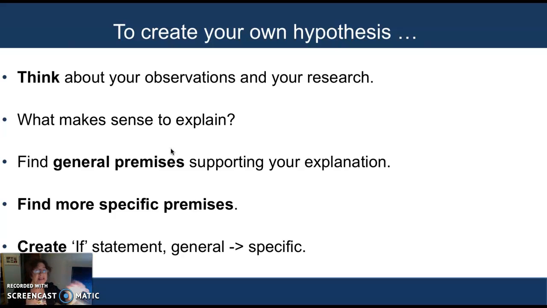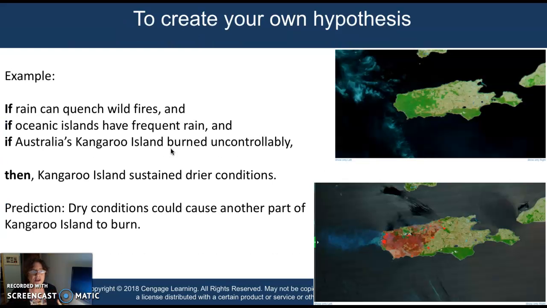Then I get more specific in my ifs. And then I create my if-then statement. So I can say, very broad, if rain can quench wildfires, duh. And if oceanic islands have frequent rain, yes. And if Australia's Kangaroo Island burned uncontrollably, which is a fact,